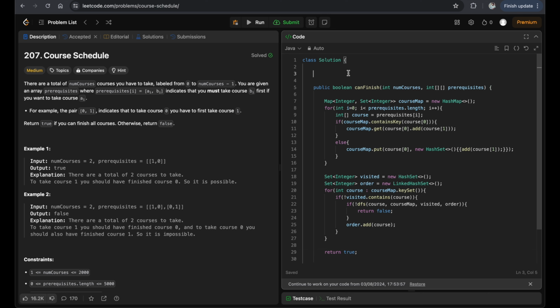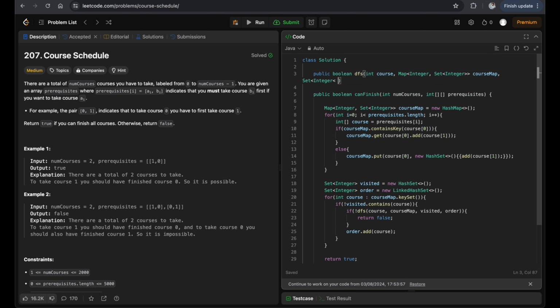Now we have to come up with writing the DFS function. It takes the course map, integer, and set of integers. Obviously it's a course map which I'm following. So the visited parameter and